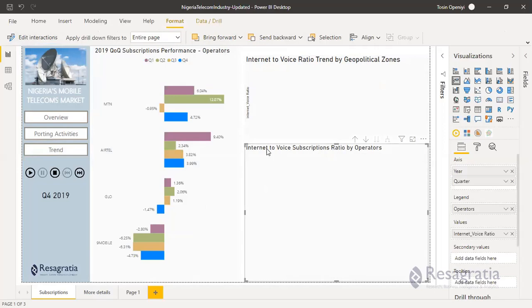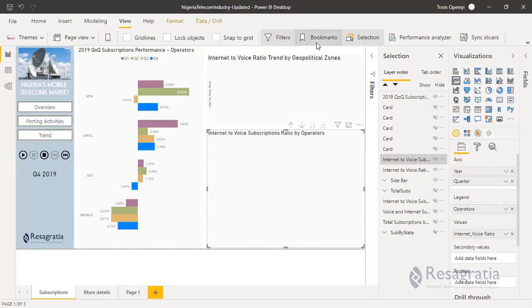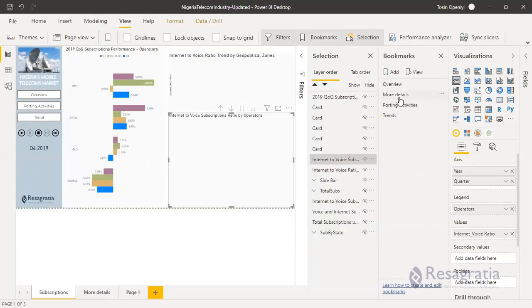I think that should not be a problem. Come to the selection pane, for my trend bookmark, then modeling, view, add bookmark. Then for my trend data, I want to quickly enable the filter.